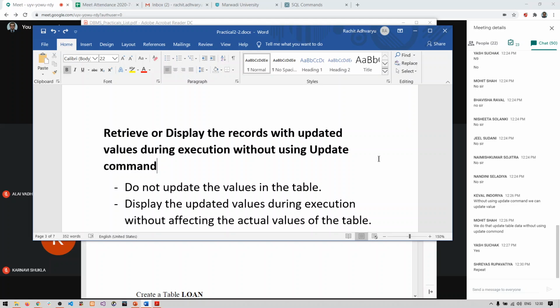We are not concerned with updating this data. We are just concerned with fetching the data using a select query, updating it at runtime, displaying it to the user, and then discarding those updates. That's it. That is what I have written here: do not update the table values; display the data at runtime without affecting the actual values of the table. Clear now, Shreyas?